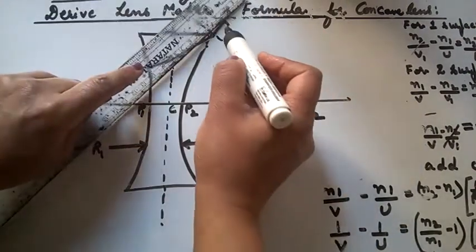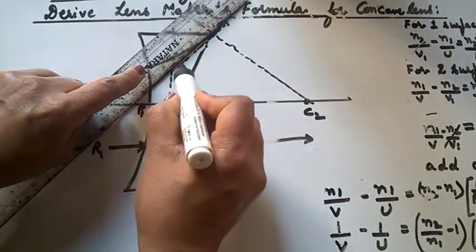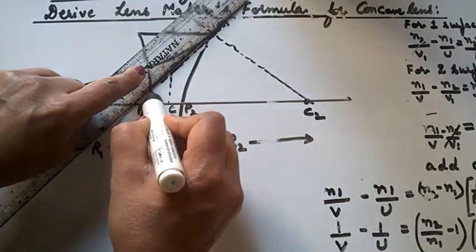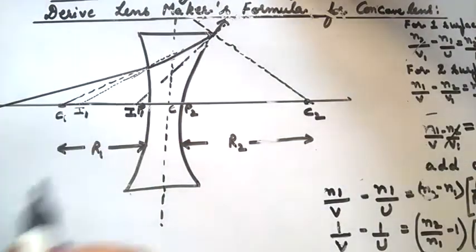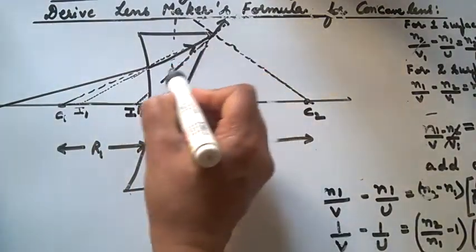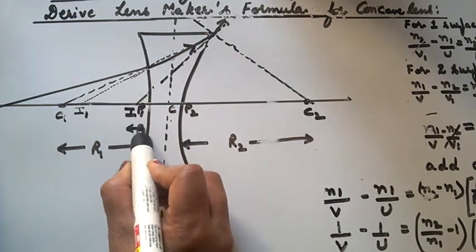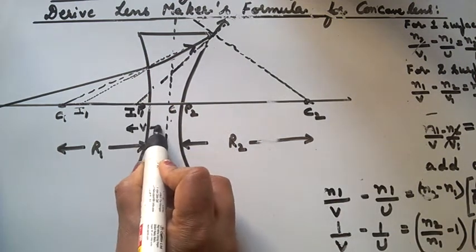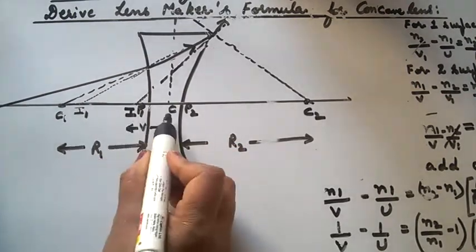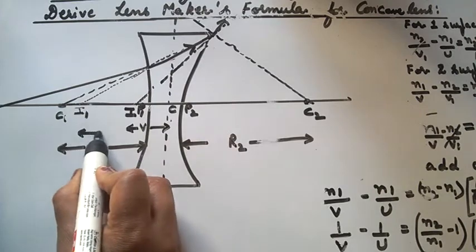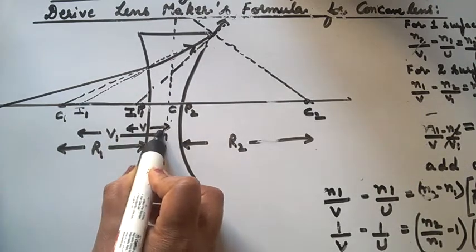When we extend it, it will give the image towards the left side, which is I. So here C to I gives the image distance, and C to I1 is the virtual object, that is V1,